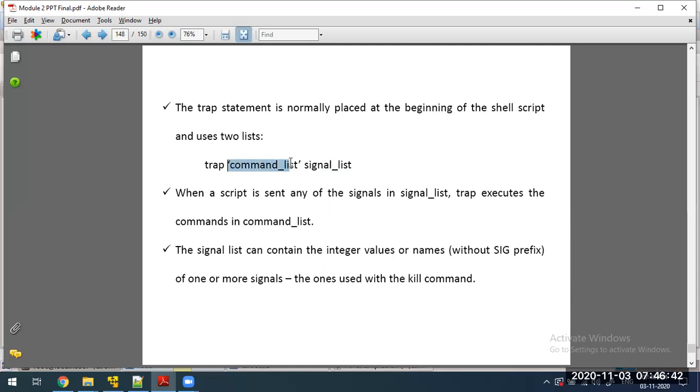Remove those temporary files. The rm command followed by dollar dollar or any of the meta characters. Here you have to write the set of signals, which type of signals, and when it receives them, what commands it has to execute. Based on the signal, you have to execute the command.